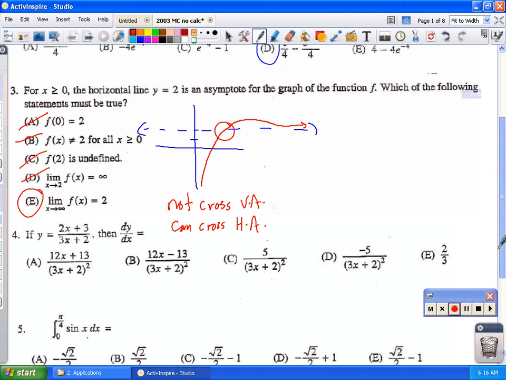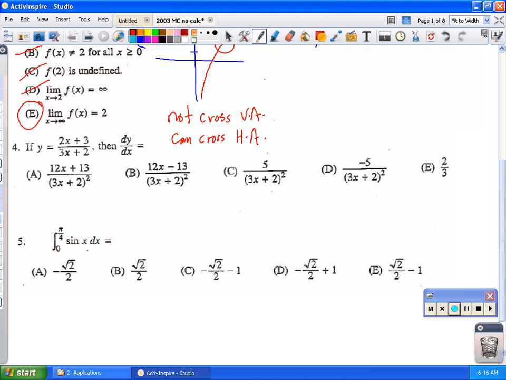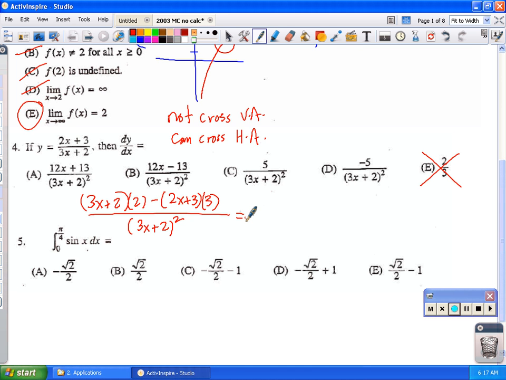Number 4 is asking us to find the derivative, and we're going to find the derivative by the quotient rule. Letter E has to be out, because if we do down d up minus up d down over down down, we're going to have 3x plus 2 quantity squared. So we'll have down d up minus up d down over down down. And once you clean up your numerator, you're just going to simply get negative 5 over 3x plus 2 quantity squared if you do your algebra correctly, which is letter